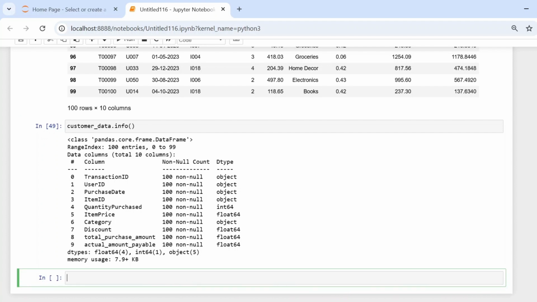Okay, how can we do that? So we have to convert this particular column, that is purchase date, right? This we are going to convert using to underscore